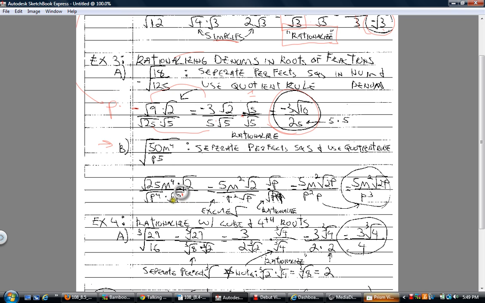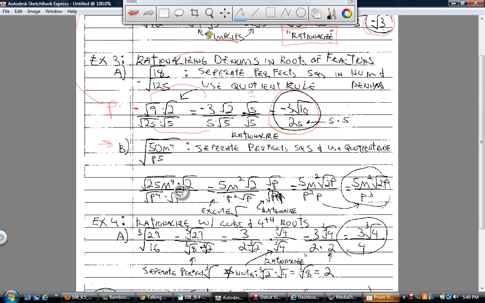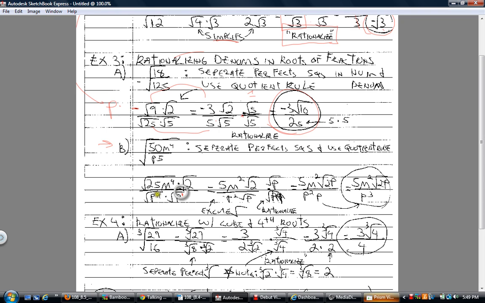Okay, and wow, I don't know how I made that symbol appear. Let's try this one more time. Okay, we're going to roll with it. And that's the square root of p. And when I execute the square roots, I got